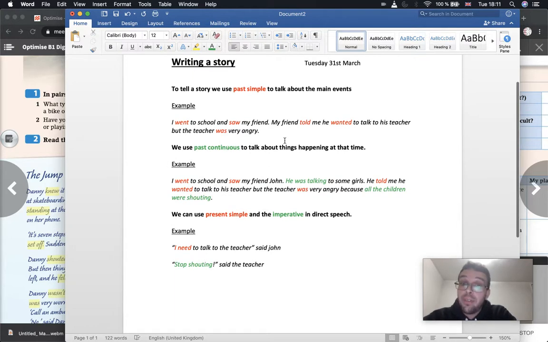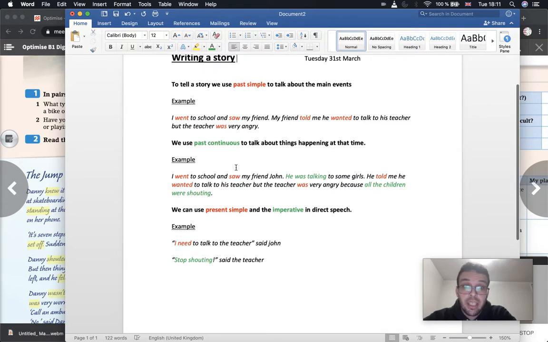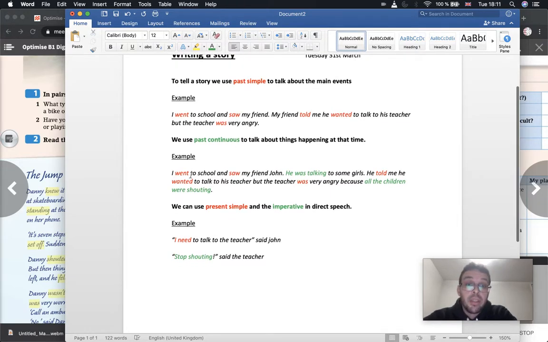So I've added a few phrases to my first couple of sentences. I went to school and saw my friend John. He was talking to some girls. He told me he wanted to talk to his teacher, but the teacher was very angry because all the children were shouting. So I've said the main things in past simple, but I've said other things happening at the same time